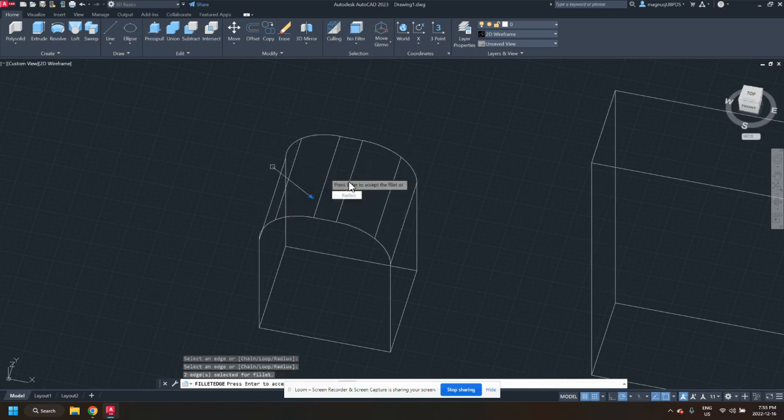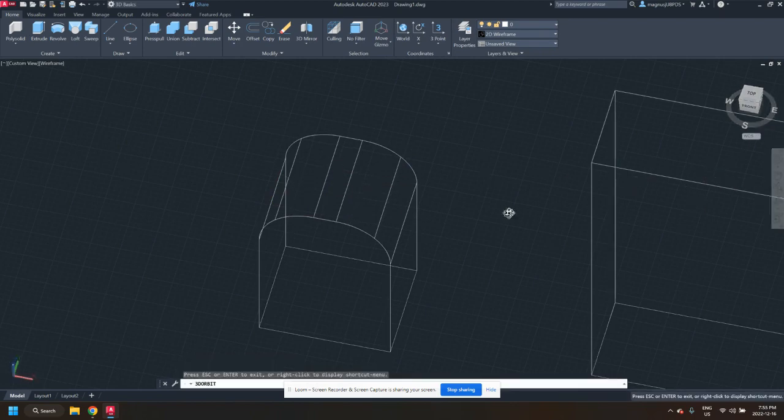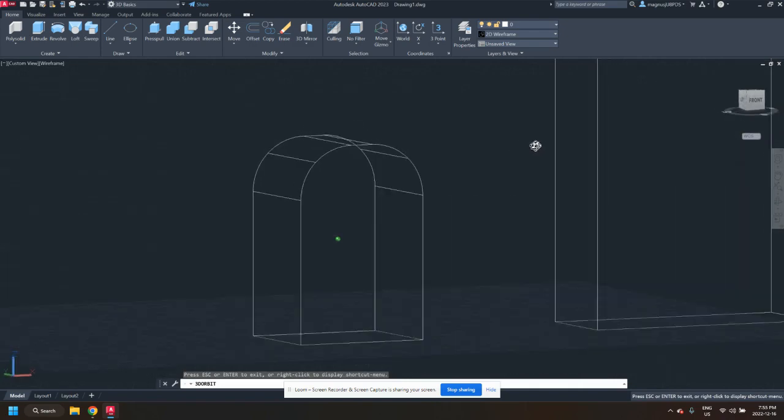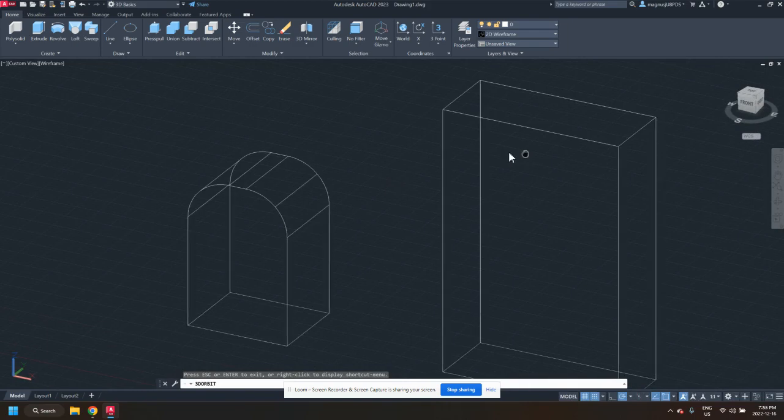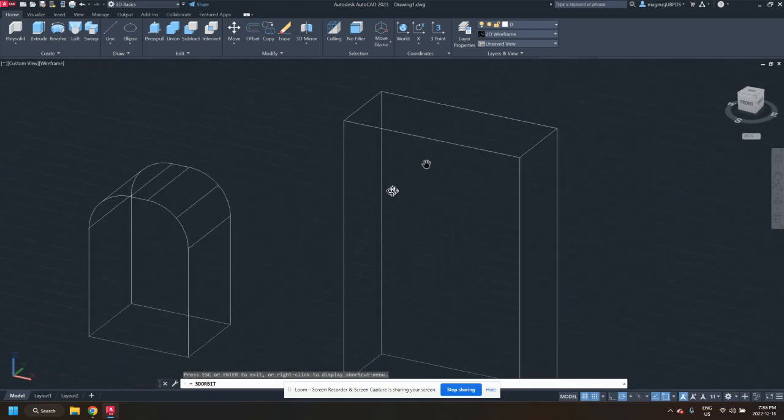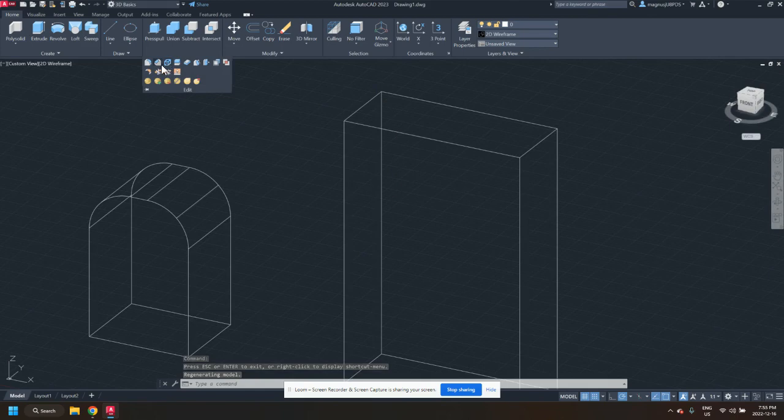And then if we want to change the radius, we can, or we can see the preview that AutoCAD has given us and just press enter again. So that rounds off the edges, and they sit nice and round at the top, no more edges there. And there's something similar you can do with a chamfer, which is essentially the same thing but with sharp edges. So if we select chamfer here,